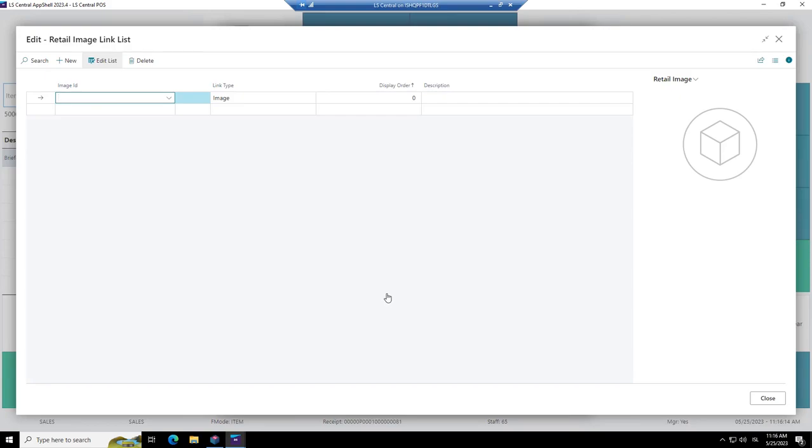Here you can key in the image, and I have had in the demo data company a rule that the image for an item is the same as the item number. So I enter the item number and select the line, and you see the image is right here. If you don't see the image, you need to use this information button, on and off, and do close.